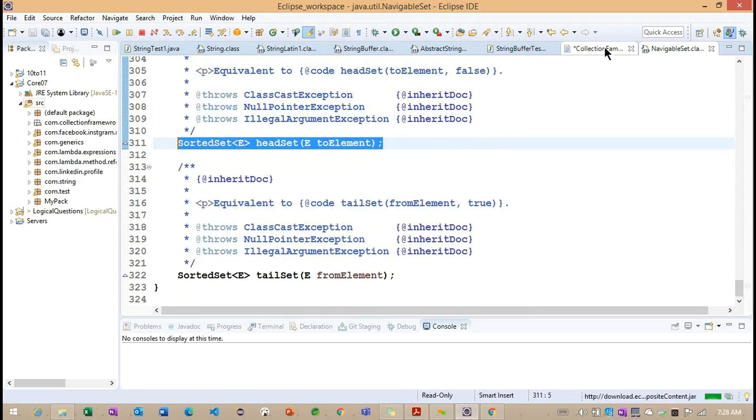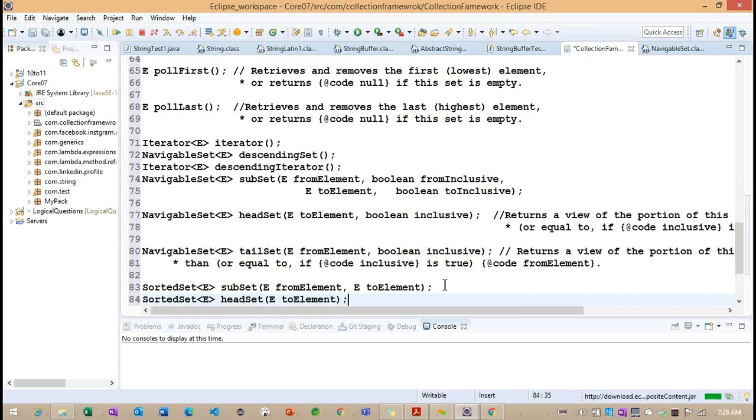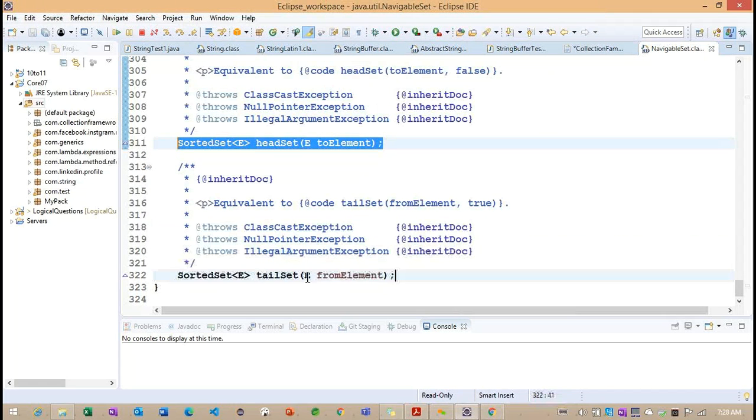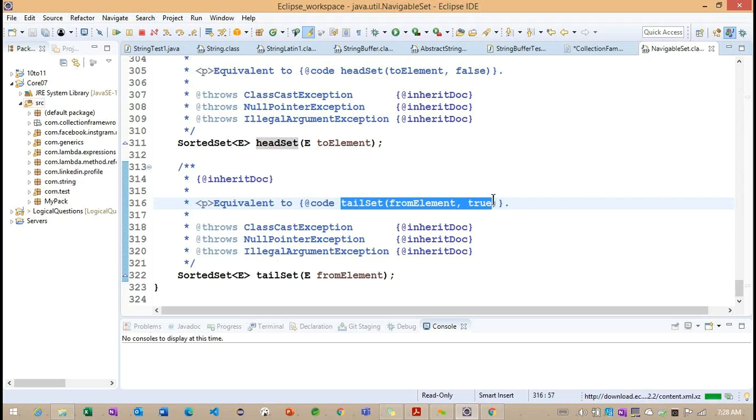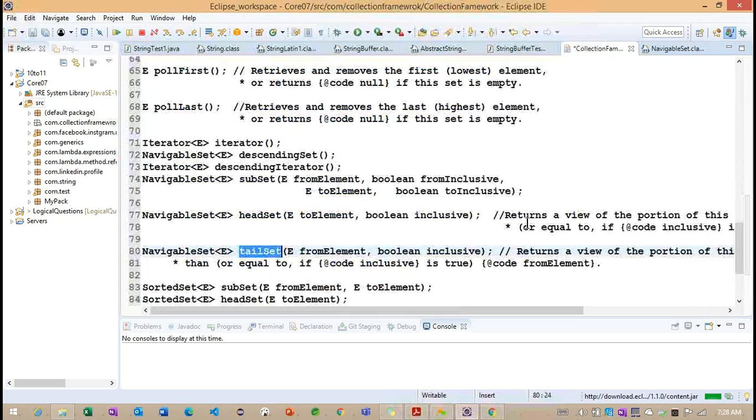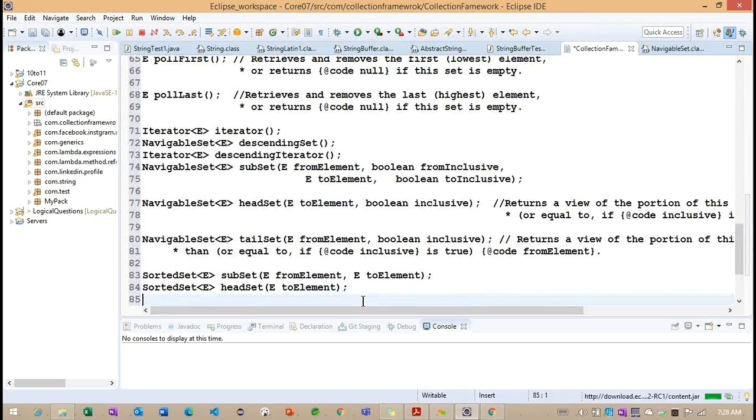The tail set we already discussed here. So this is the tail set method. Getting the point? This particular method is also pointing to the same method, tail set from element and true.